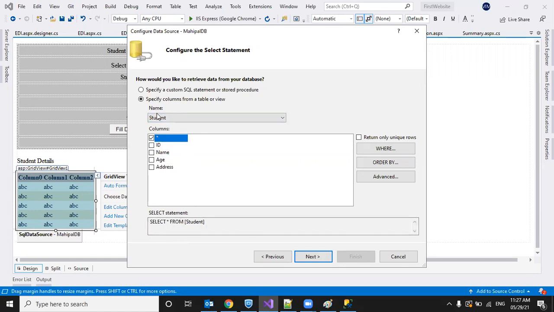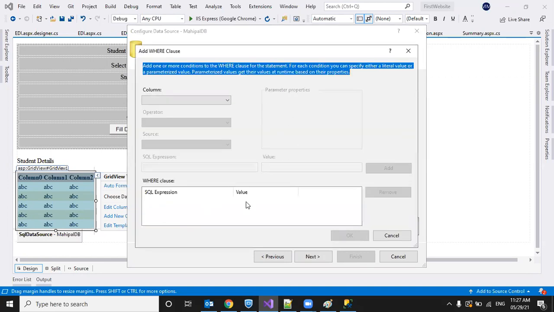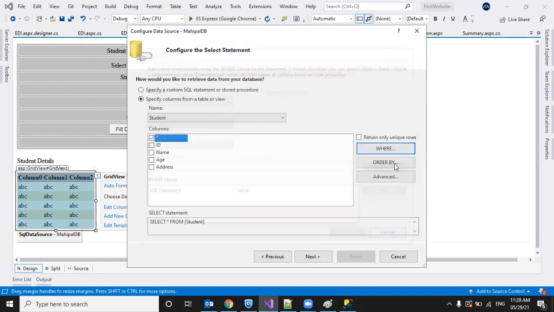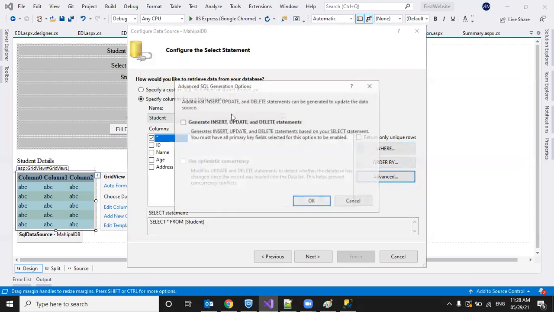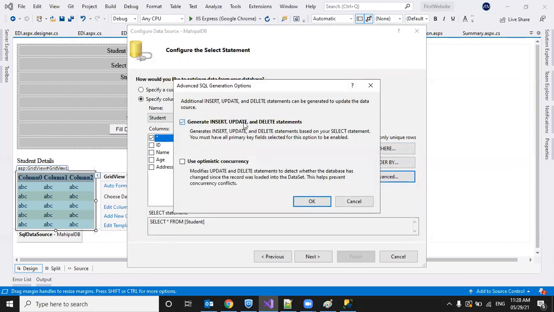I want to get the student details and all the columns. Here we have an option to specify a where condition, or an order by condition. We have an advanced button here. If you want to generate insert, update, and delete statements, we can check this box, and for performance we can use this.